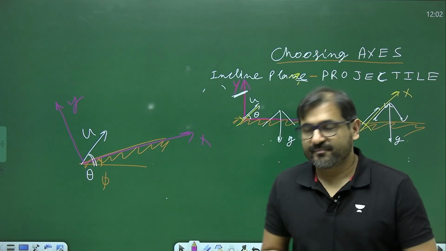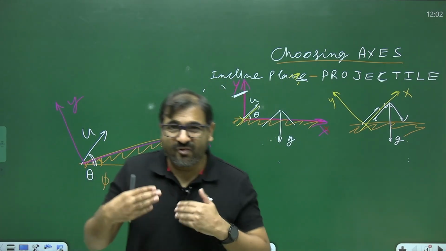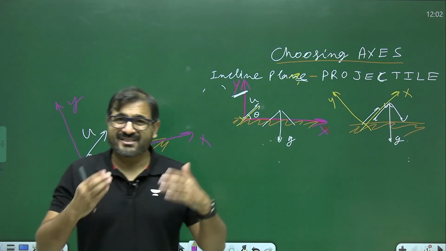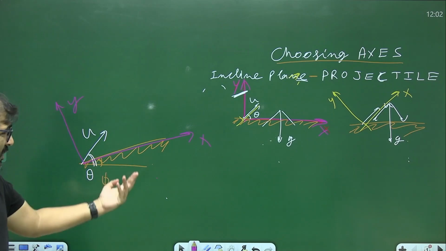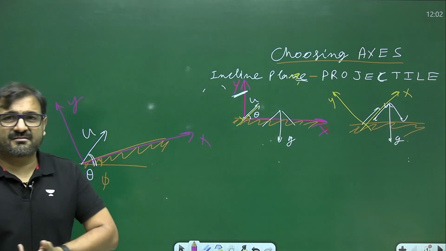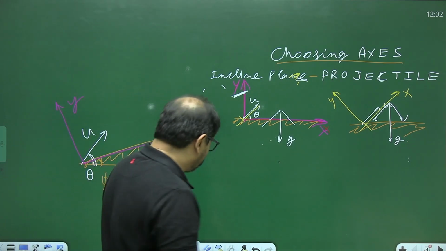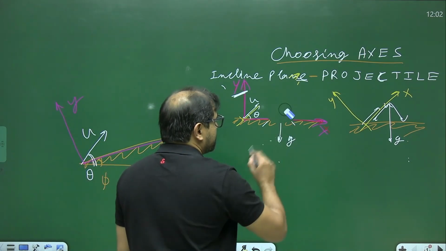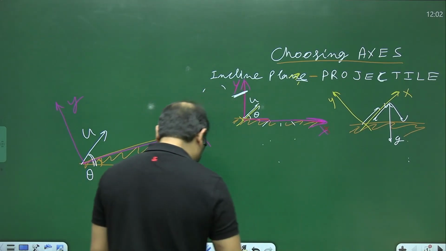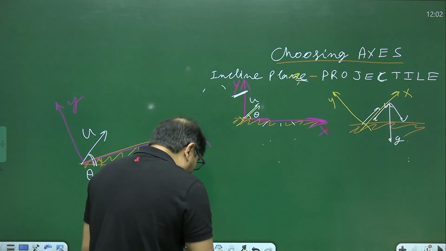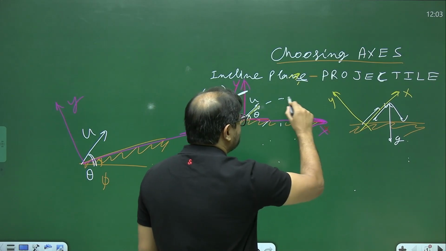I hope you are curious enough now to delve into this, that why and how we choose axis. Because if it is simply that reason that it must be taken along ground, then there was nothing to be discussed. There must be something more. So let's go into this. Now when we took this as x-axis and y-axis, according to me, what it simplified was this: